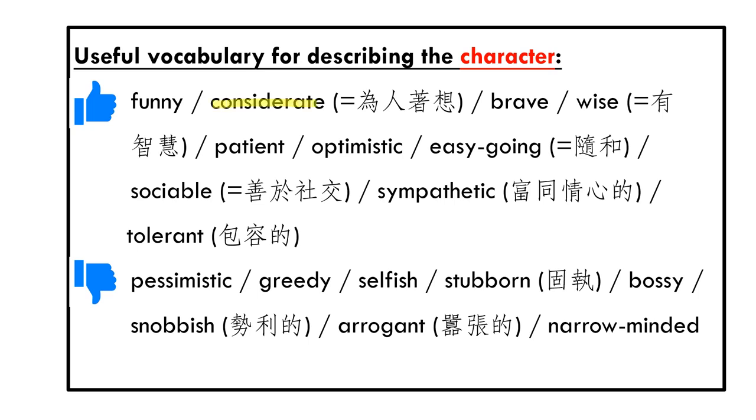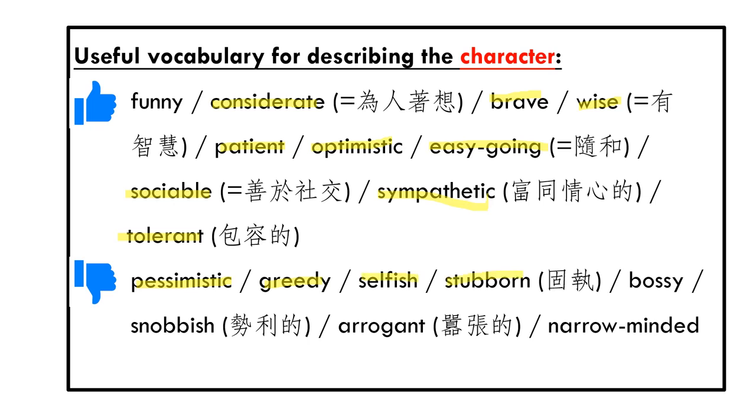Or you can say someone is brave, 好勇敢, wise, 好有智慧, that means very clever, patient, 有耐性, optimistic, 樂觀嘅, easygoing, 隨和, sociable, 好識得同人社交, sympathetic, 有同情心嘅. So it's pretty similar to kind. Tolerant, 包容嘅, 寬宏大量嘅. Now some negative adjectives include pessimistic, 好悲觀嘅, greedy, 貪心, selfish, 自私, stubborn, a very useful